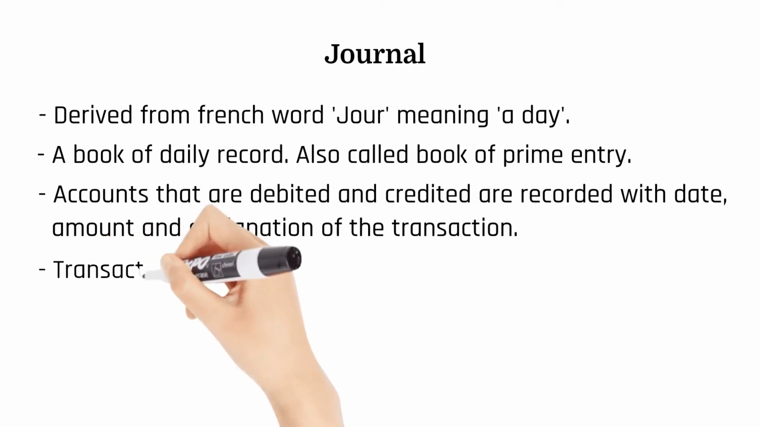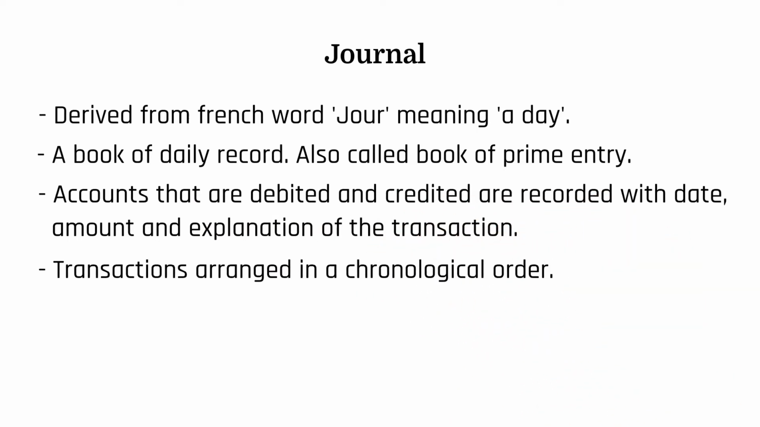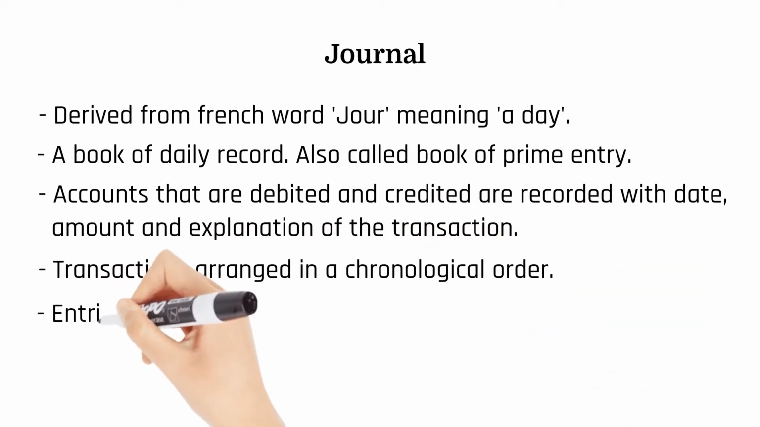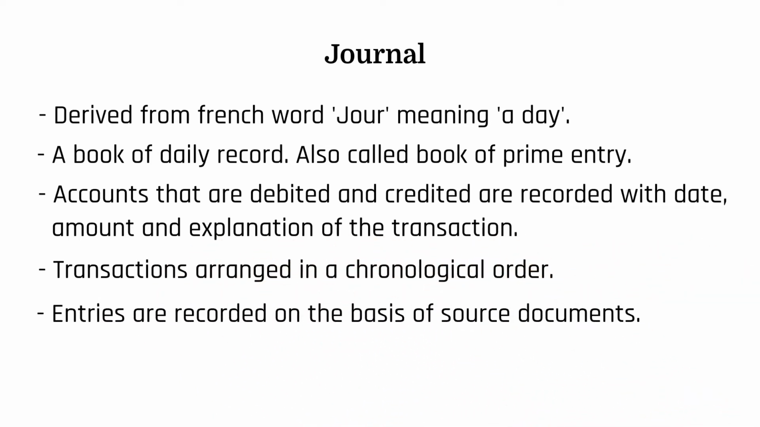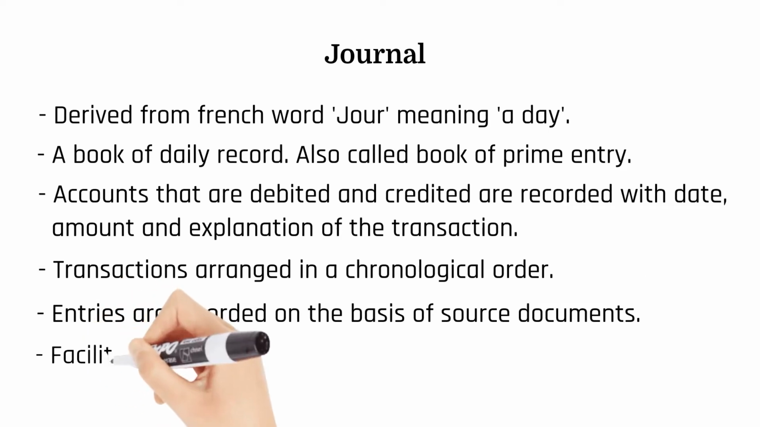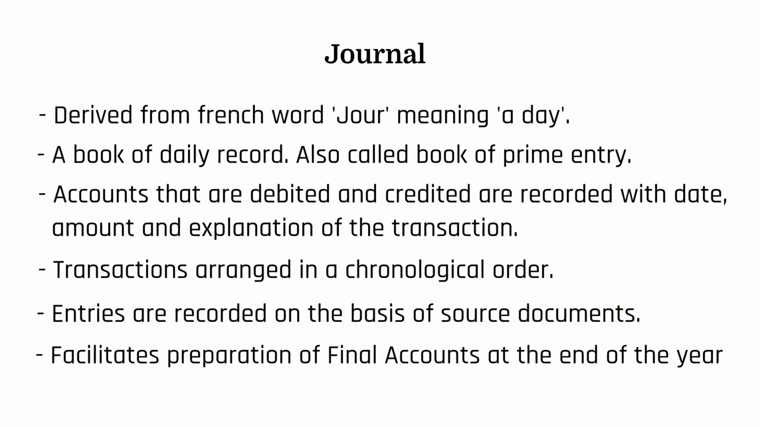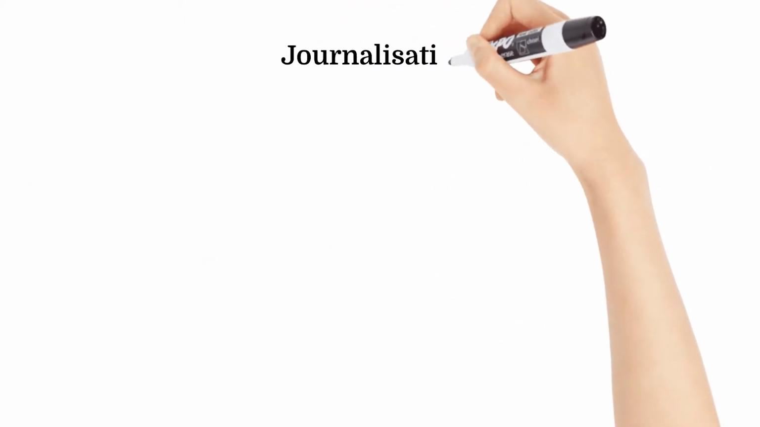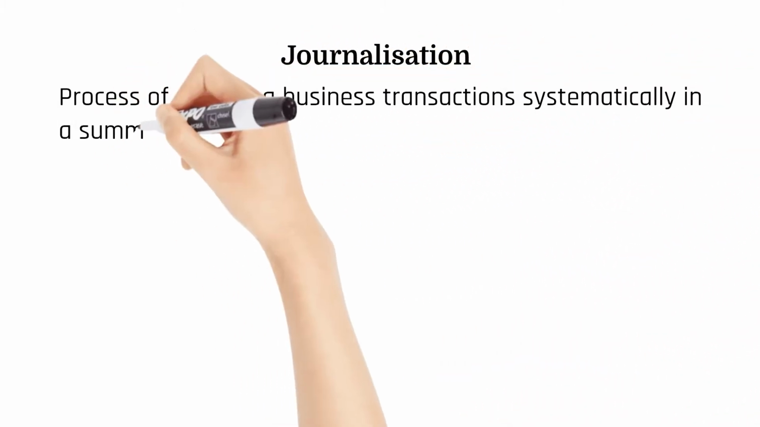This helps to remember the context of the transaction. Also, the transactions are recorded in chronological order, so it's easier to refer back. The entries recorded in the journal are on the basis of actual receipts, vouchers, etc. So it's very reliable. The journal is the first step towards the final accounts. It helps to formulate different accounts systematically. Journal is a book, while journalizing refers to the process of recording business transactions systematically in a summarized form in the